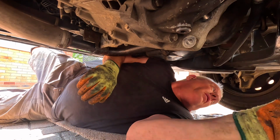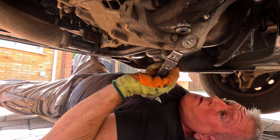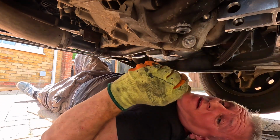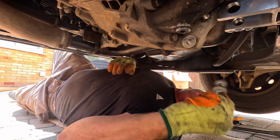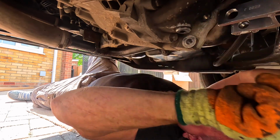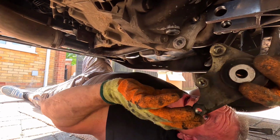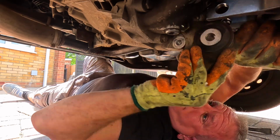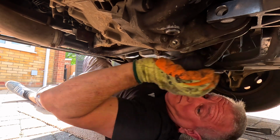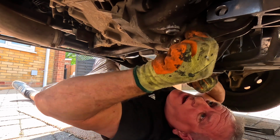There we go. And make sure you put the mount in the right way. That slides in there, and it's worthwhile just putting back in loosely one of the bolts, just to get it lined up. Then you can remount this. That's it. They're just finger tight and just in a couple of turns, just to hold it in place, so